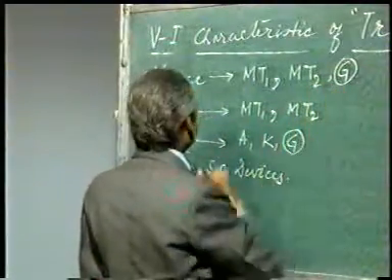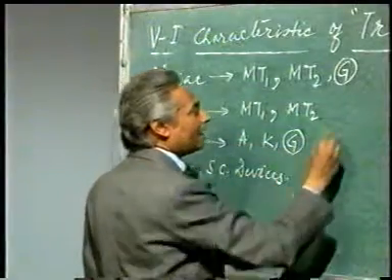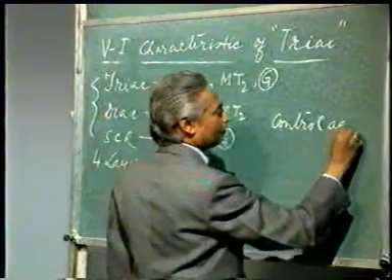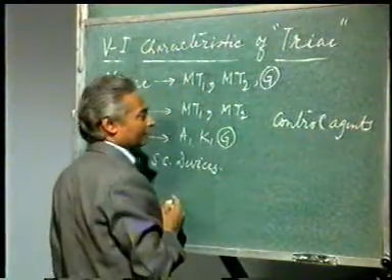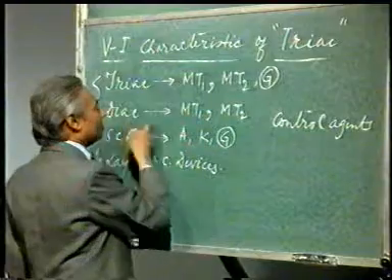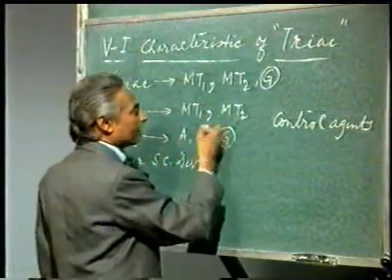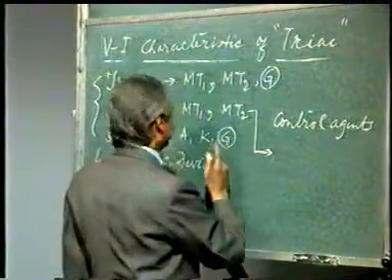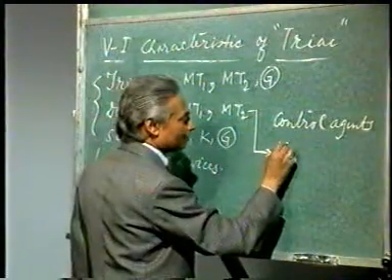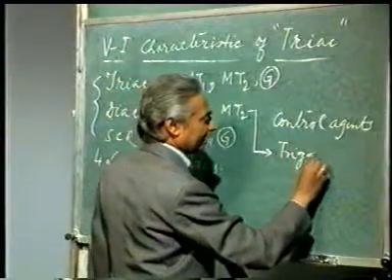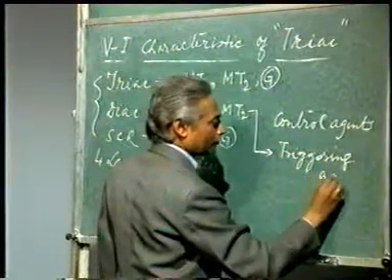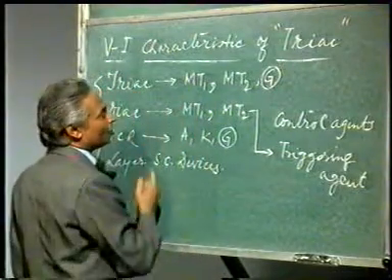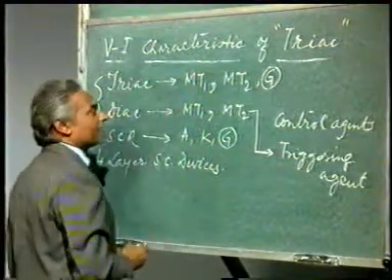So both these devices, that is SCR and TRIAC, are control agents. They are also known as control devices. But in case of DIAC, you will find only two terminals are there, main terminal 1 and main terminal 2, and this is meant for triggering either SCR or TRIAC. This is known as triggering agent. Why triggering? Because there is no gate here. So this is only for triggering either SCR or TRIAC.